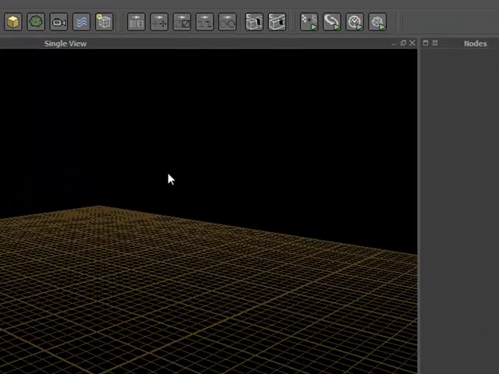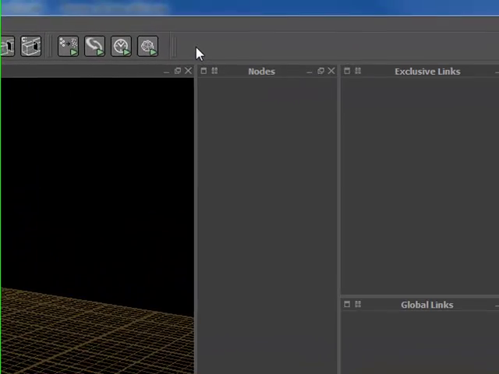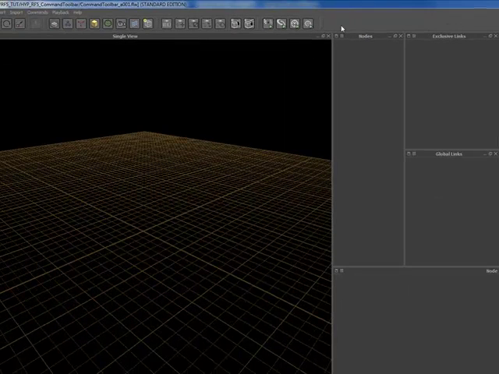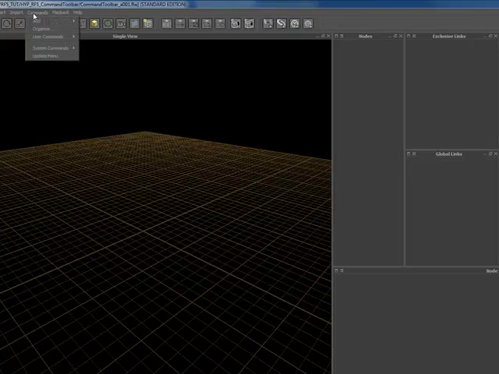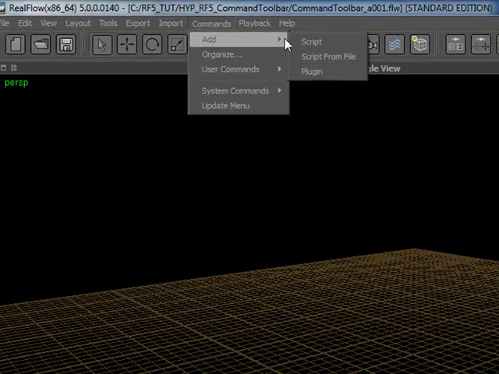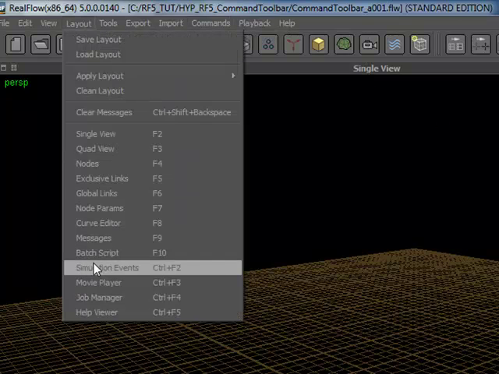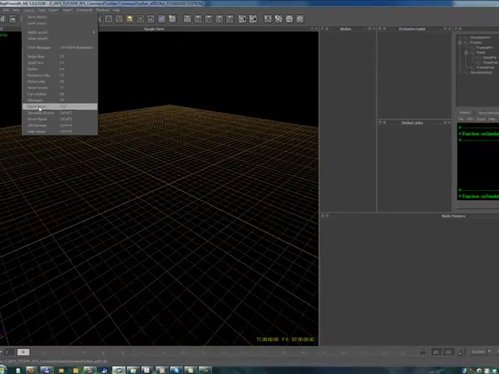Today I'm going to show you guys how you can put beautiful buttons, basically scripts, up on your toolbar, so you can create your own custom tools. Basically you can go to the commands, add script and file or plugin. I'm going to show you guys what I'm going to load. So that script,